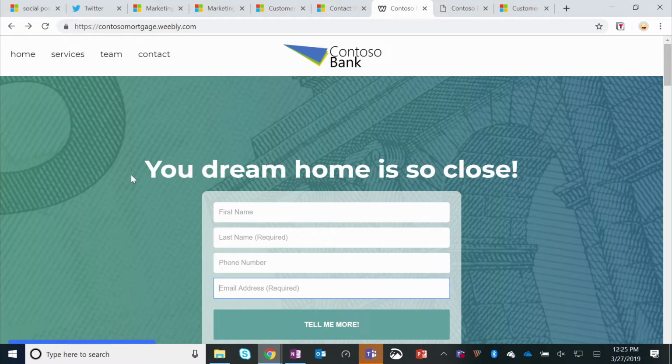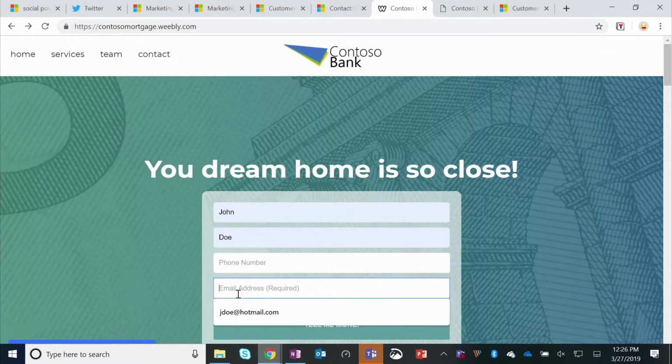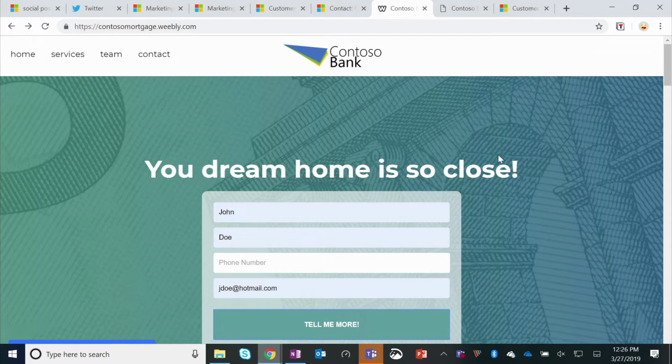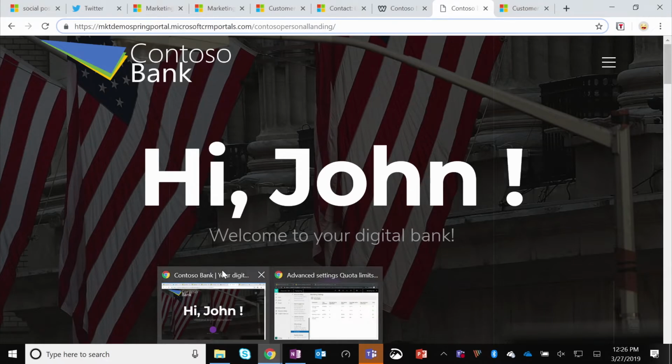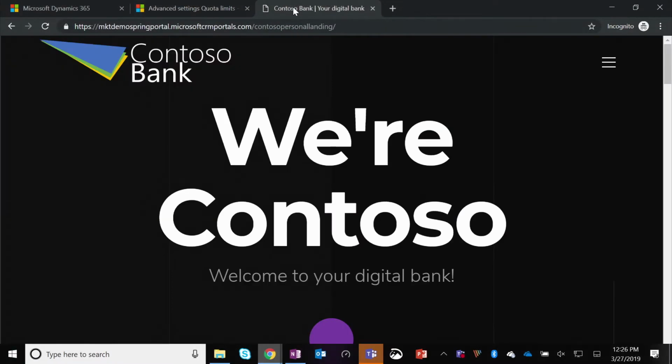Now, my email has a call to action to fill out a form. John is one of my recipients, and he fills out the form. As he fills out the form, he is treated as a known contact on my system. A few days later, or even a few weeks later, when John visits the page, he gets a totally personalized experience with his name. In contrast, somebody who visits the page without this form submission would see a different version of this page. This is where we are doing website personalization based on known contacts.